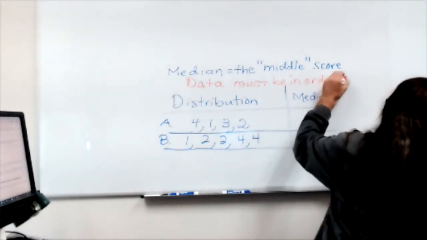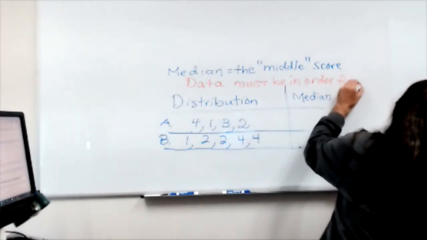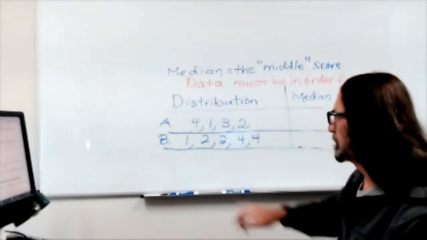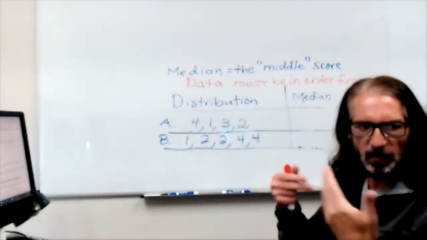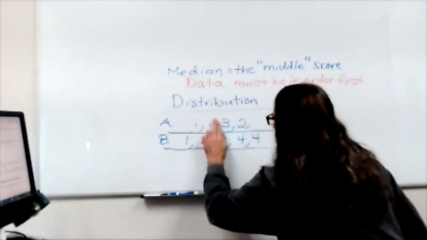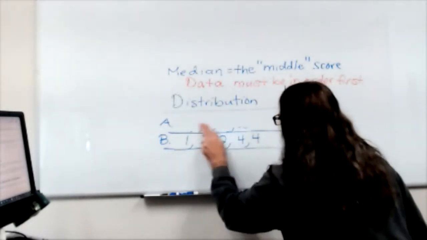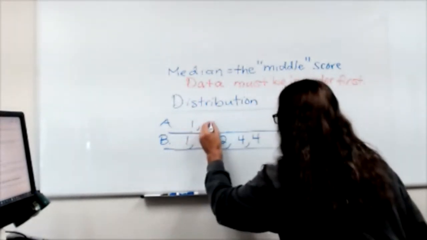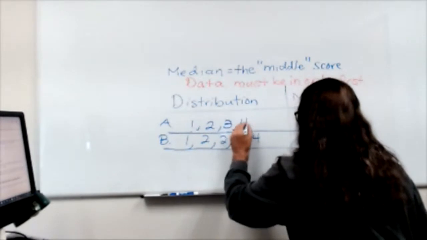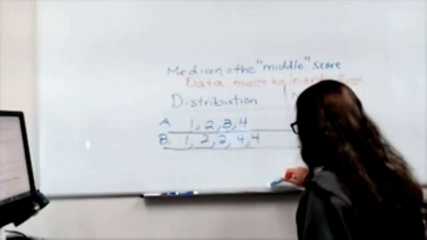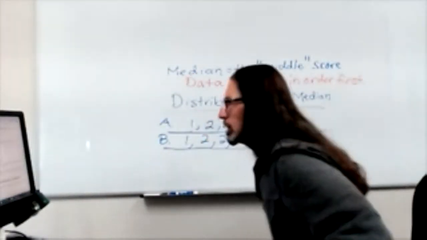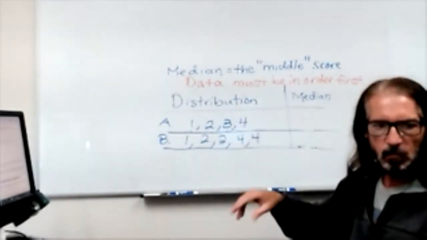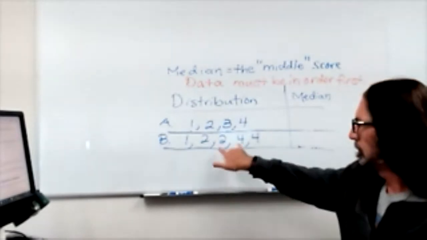But we do not have data in order for the first distribution. It's pretty easy to see that I just mixed around the first four counting numbers. So putting it in order. It is actually easier to find the middle number for the second one